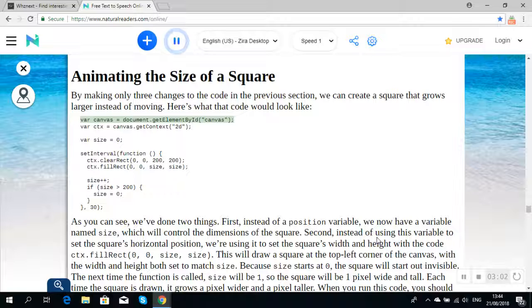var canvas = document.getElementById("canvas"); var ctx = canvas.getContext("2d"); var size = 0; setInterval(function () { ctx.clearRect(0, 0, 200, 200); ctx.fillRect(0, 0, size, size); size++; if (size > 200) { size = 0; } }, 30);